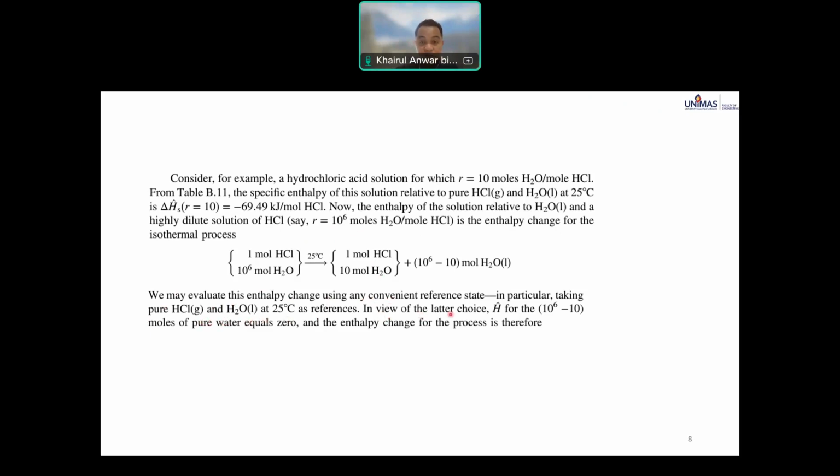In view of the latter choice, the specific enthalpy for 1 million moles of pure water equals 0, and the enthalpy change for the process is therefore